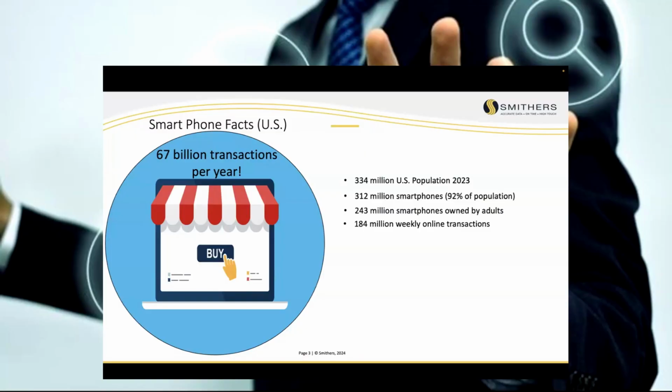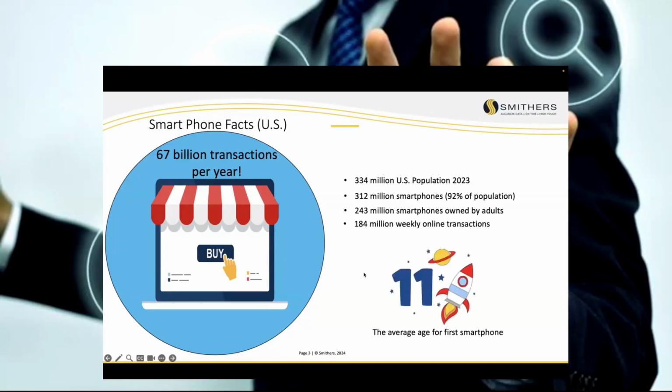Part of why that number is so high is that cell phones, and specifically smartphones, have become so ubiquitous, so common, that to see somebody on the street not carrying one is odd. To see somebody pull out an old flip phone or a non-smartphone, you have to wonder, how do they communicate nowadays? So those are just a couple of hard facts. And this is what makes cell phones, and smartphones in particular, so difficult to combat when it comes to cybersecurity.